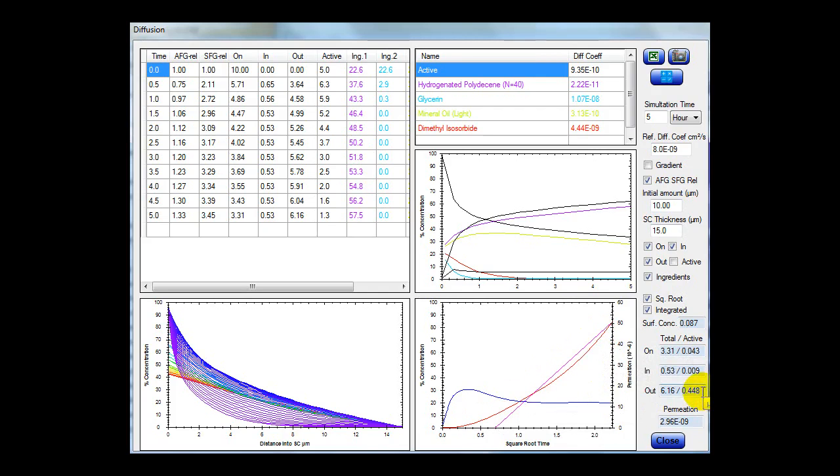Now, this particular 5 hours has been relatively successful. We start off with half a micron equivalent of the active, and after this time, 0.448 of that has gone through, and we're left with only a small amount of active on the surface. So maybe this formulation wasn't too bad, but if you do some simple experimenting, you can get that same amount through much faster using better ingredients. I hope that's given you a flavor for this model. There are many more options to be played with, but I think